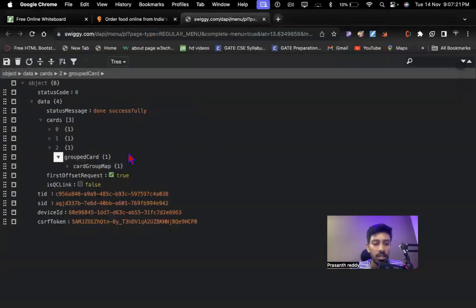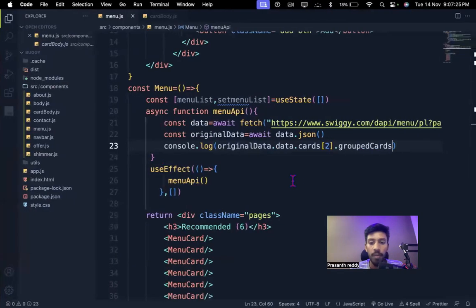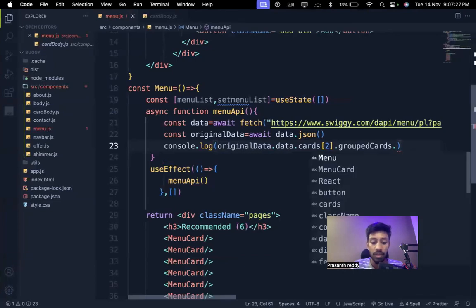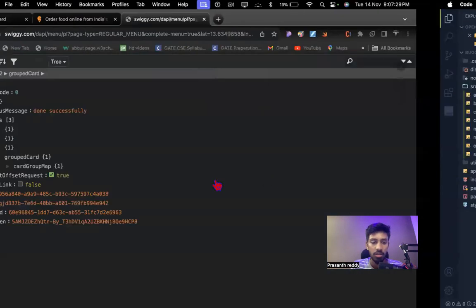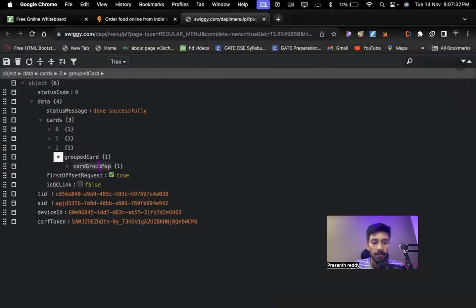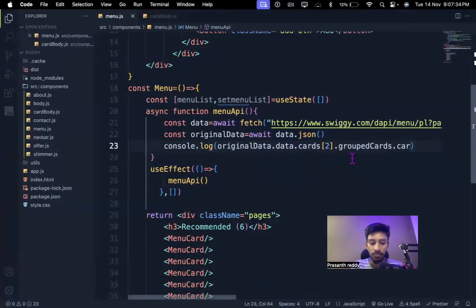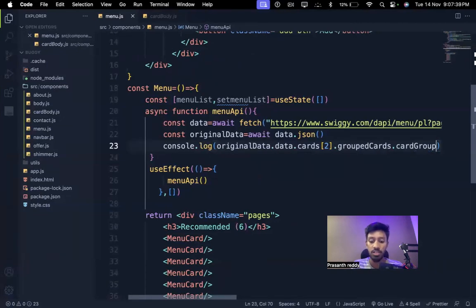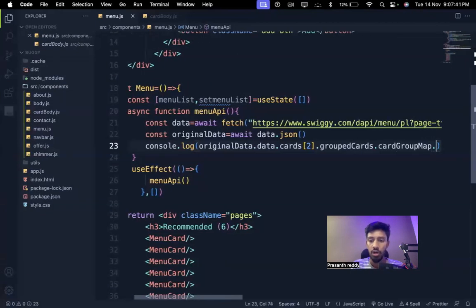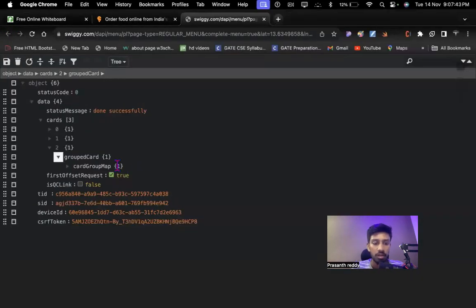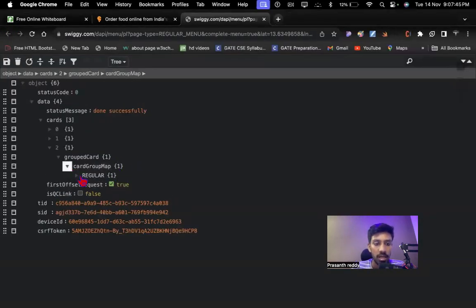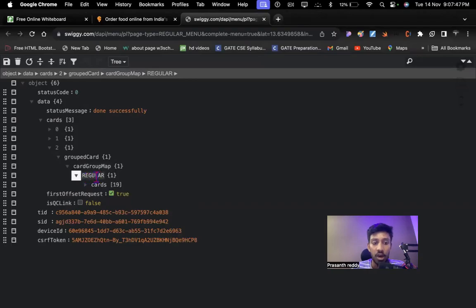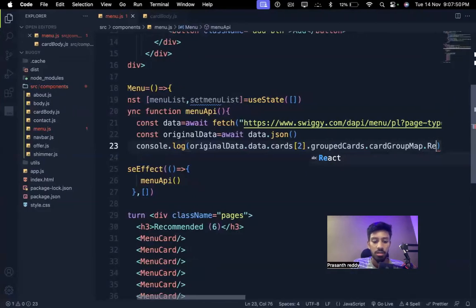Okay, see grouped cards. Then again, card group map. Write carefully. Card group map. GROUP, capital letters, small letters. Take care of this map. Dot grouped map dot, and inside this regular, all capital letters. See, all capital letters. Regular